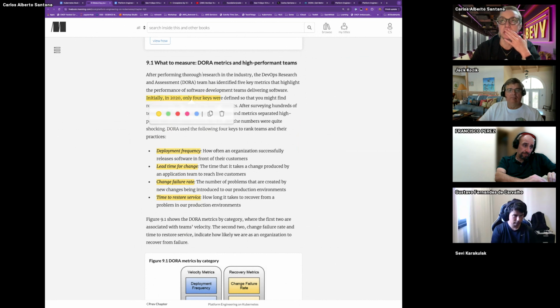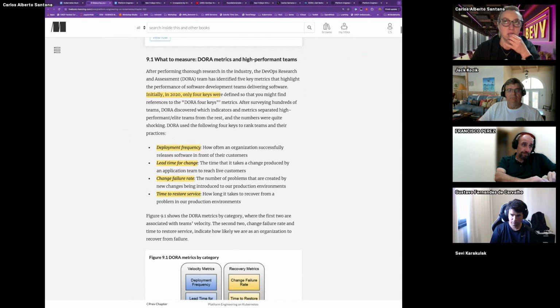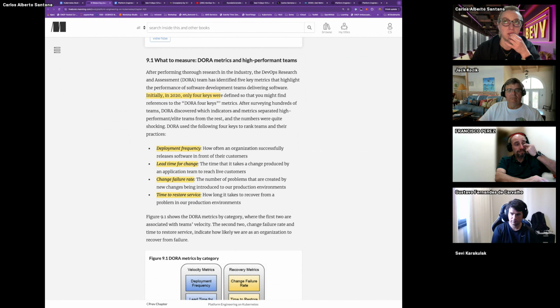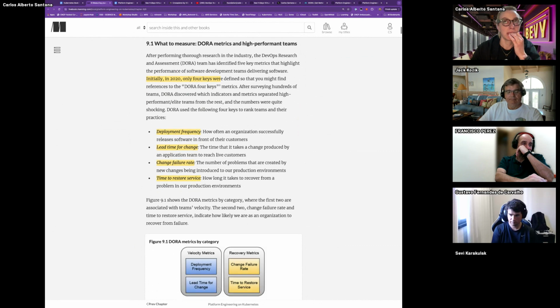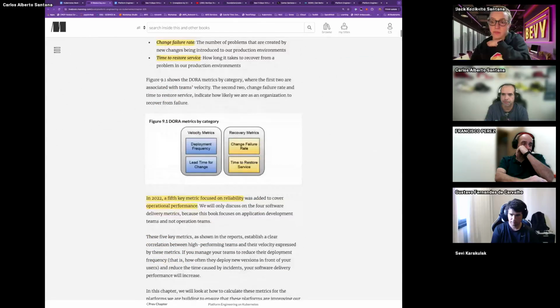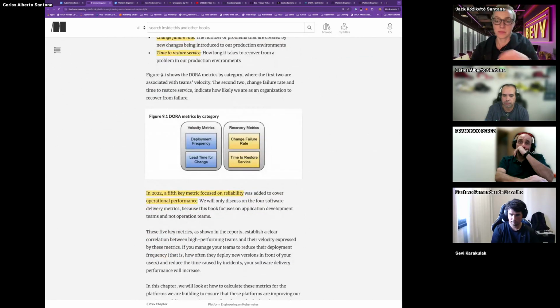But there was a blog that took the DORA metrics and said DORA metrics are not enough to measure. It's a good starting point, but it's not enough when a company gets to a scale where they need to measure more things. But for a beginner, just to understand the aspects of these primary ones, I think it's more than enough, and he was able to cover a full chapter with this. Yeah, so I downloaded the PDF. It looks relatively short, and I'm going to read it just so I get better versed in the subject. It's 20 pages, I guess. Thank you. Yep. You mean the white paper?